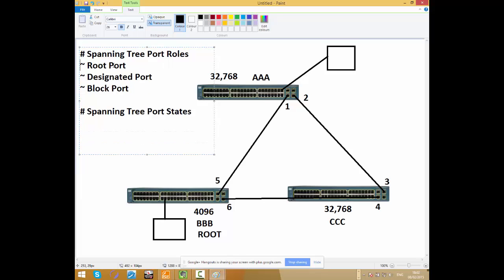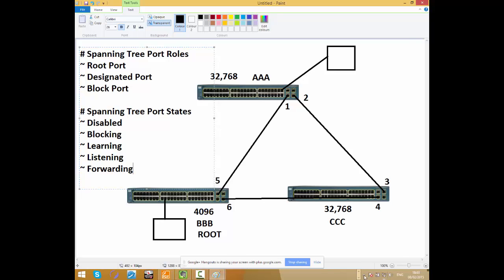Spanning tree port state is the one you're mentioning where we have disabled. What else do we have in spanning tree port state? Blocking, learning, listening,